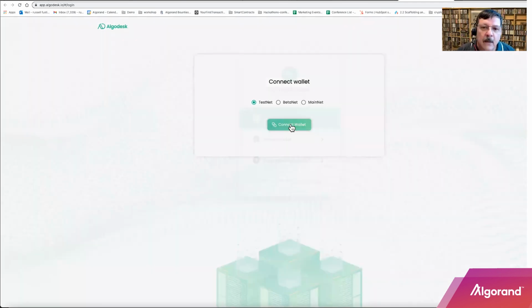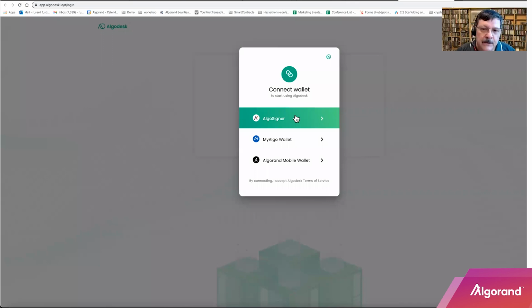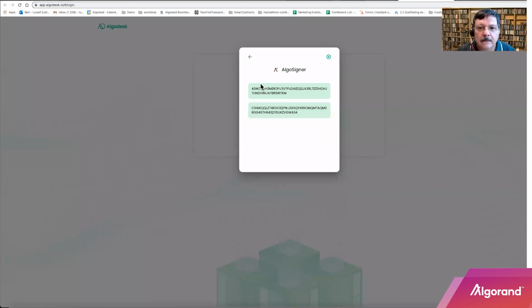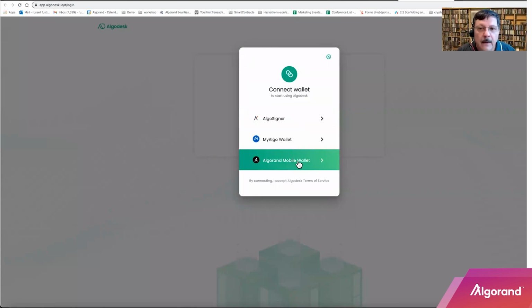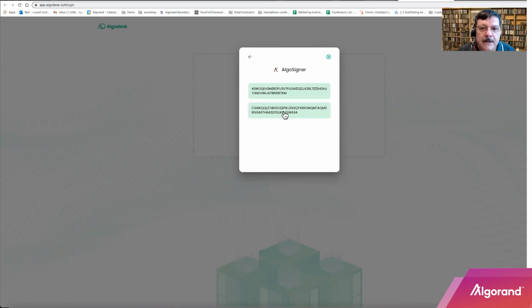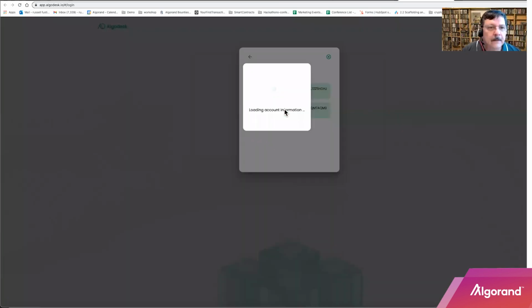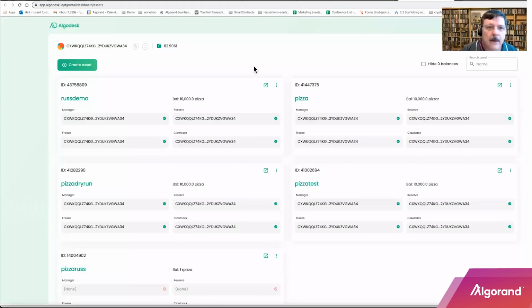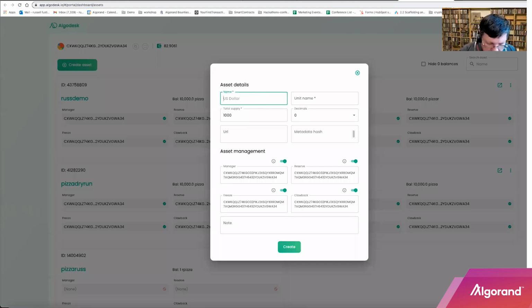We'll go ahead and connect our wallet, and you've got three different wallets here right now to choose from. You've got Algo Signer, you've got the My Wallet, and Algorand mobile wallet. So I'll go with Algo Signer for this demo, and let's go ahead and choose this one here. And now we're going to go ahead and create an asset. And so this is where we're going to call it pizza